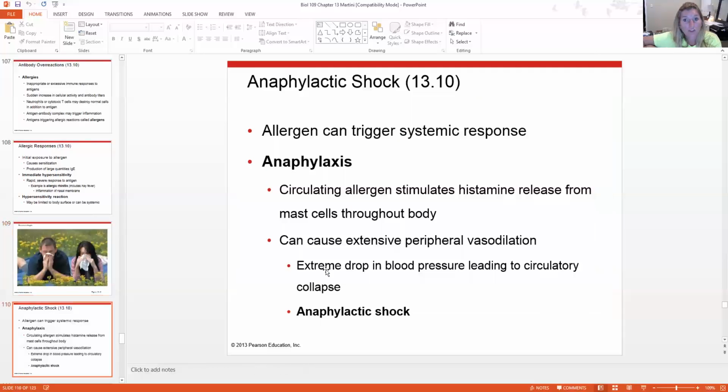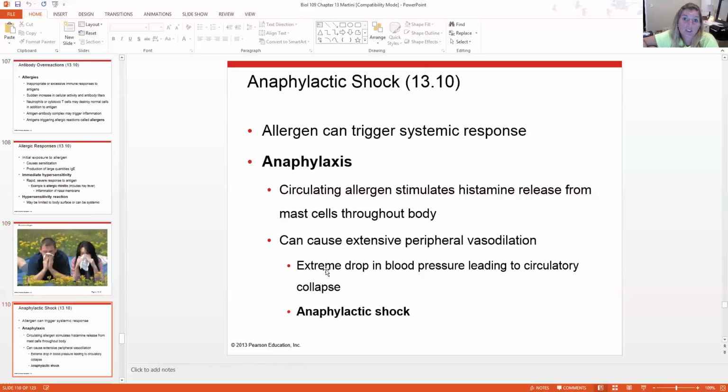The allergen can trigger that systemic response, as I mentioned, that would be anaphylaxis. Anaphylaxis is when that antigen starts circulating in the body and starts stimulating histamine from mast cells throughout the entire body. So this is peripheral vasodilation to the extreme, a drop in blood pressure because everything is dilating,